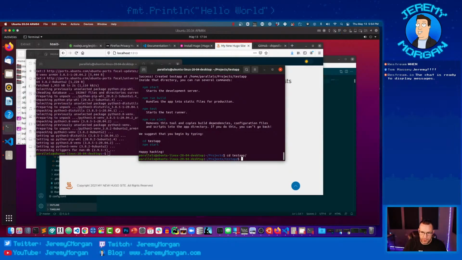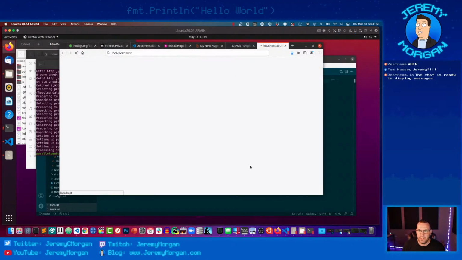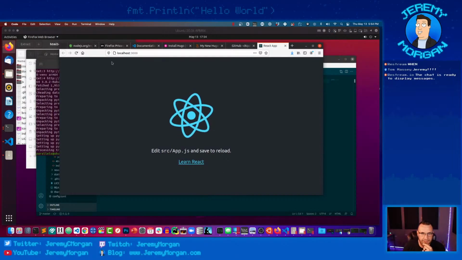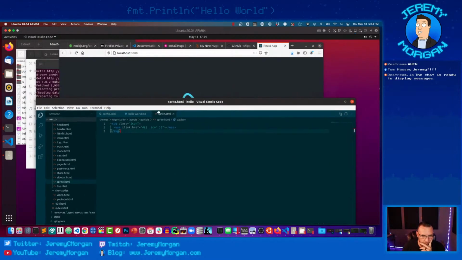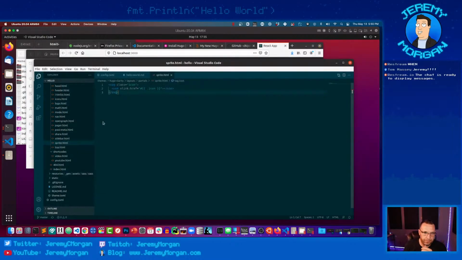CD test app, moment of truth. Before I get too squirrel-brained on something else, let's see if our React app works. Sure looks like it's going to. Ta-da! There we go. Learn React. Our React app is up and running, which is cool. So I'm going to assume, because of the complete lack of errors there, that you could do a lot of React stuff with this. Should never assume, take things for granted, but